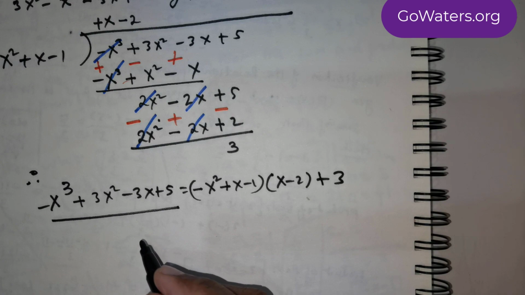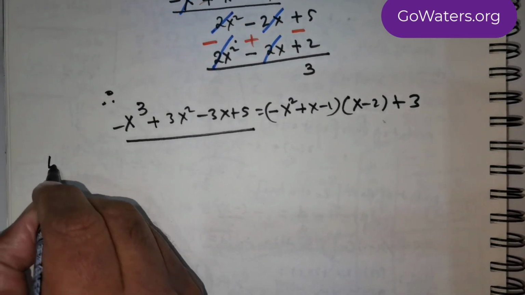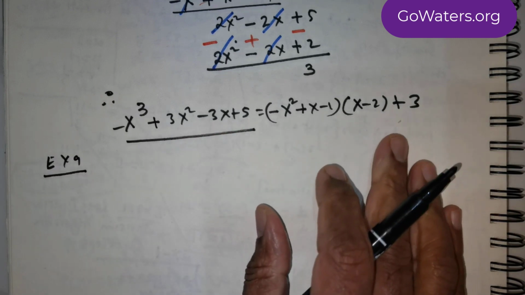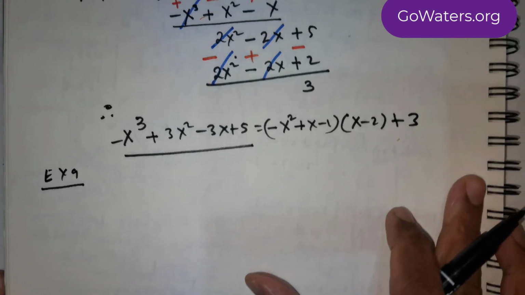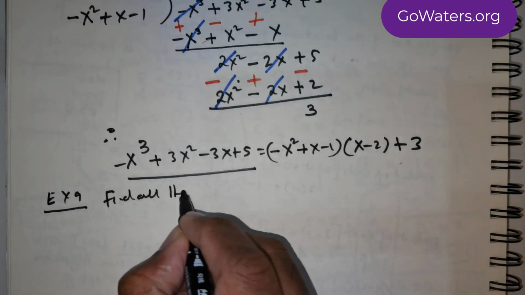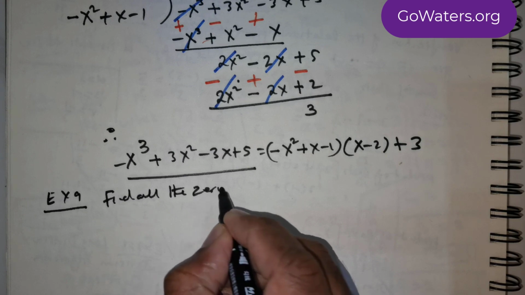Now let's move on to the final example, Example number 9. It says find all the zeros. Let me just write this down. Find all, this is a beautiful question. Find all the zeros,